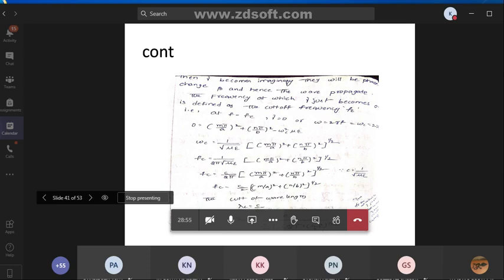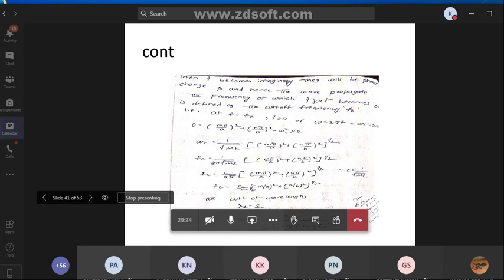What is cutoff frequency? We will see what is cutoff frequency. The frequency at which gamma just becomes 0 is defined as the cutoff frequency fc. So gamma equal to alpha plus j beta. To propagate the wave, alpha must be 0. The attenuation constant must be 0. Then only the wave will propagate, right?